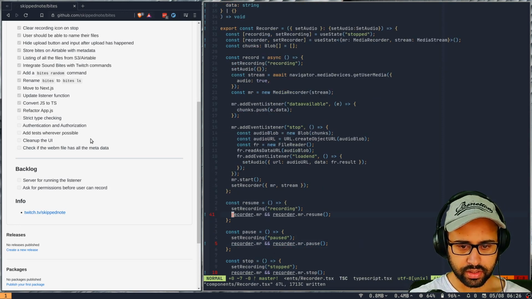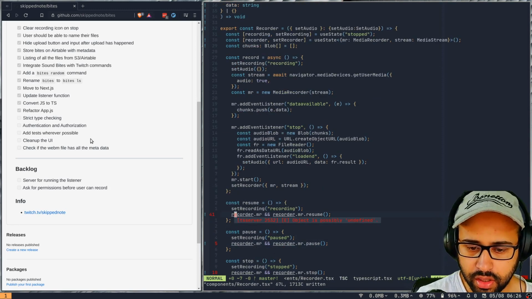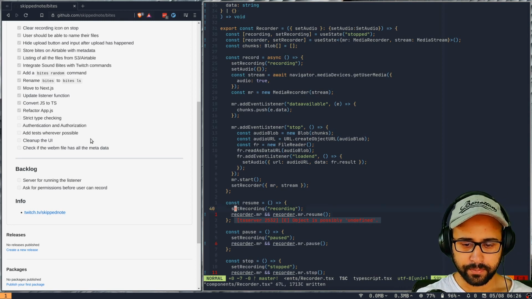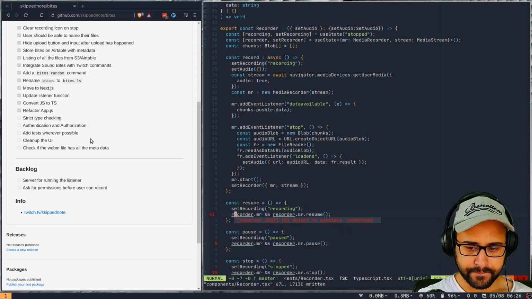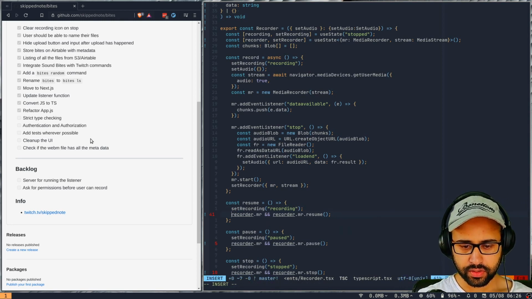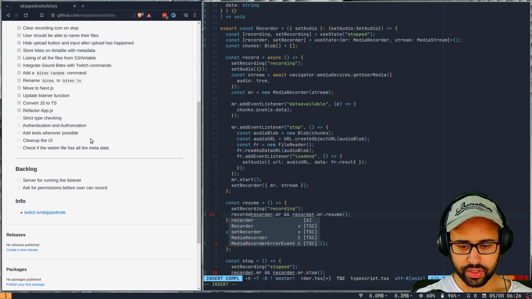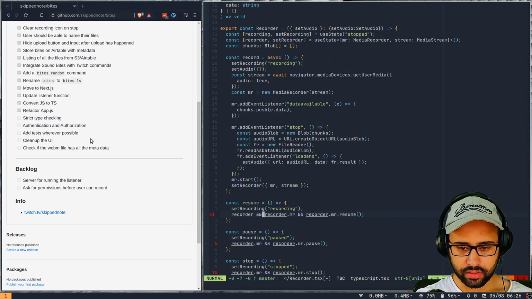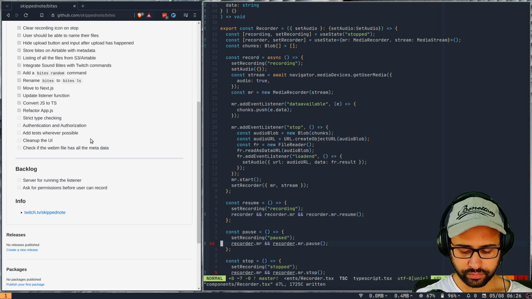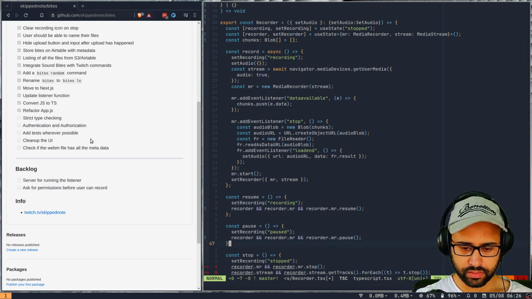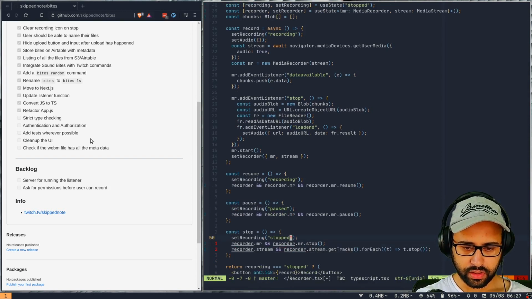Okay, it seems like these are also warnings or errors. The thing like object is okay. Yeah, this also needs a check for recorder, right? Same thing for these two.